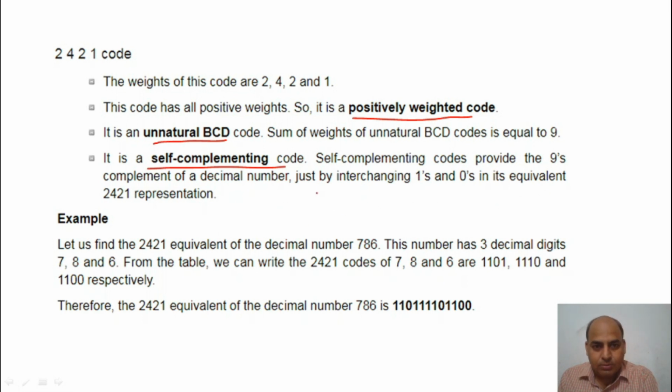And what is nines complement? We will talk about the different r's and r minus 1's complement in detail in the next lecture or next to next lecture. So it is not mandatory here to know what self-complementary is. You have to just note the definition: self-complementary codes are those codes whose nines complement is achieved simply by interchanging ones and zeros. And how we can convert nines complement, tens complement, we will learn separately in another lecture.